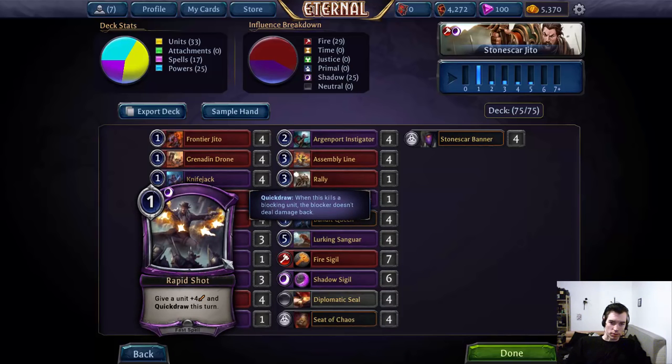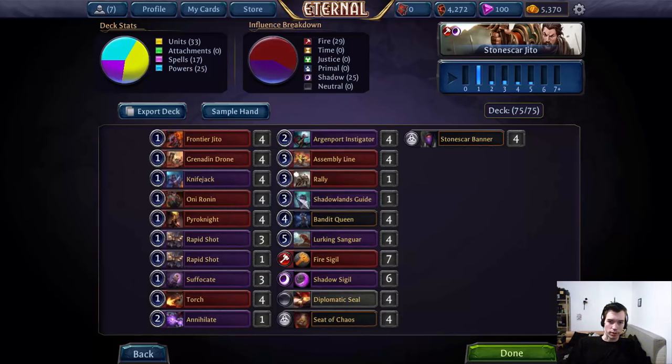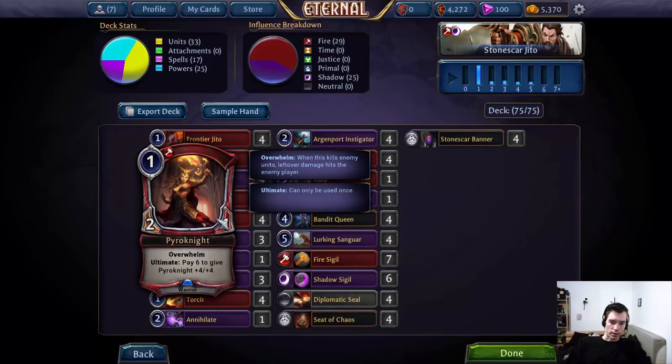Rapid Shot, because if they block it and you Rapid Shot, a lot of the time you waste 2, 3, sometimes even 4 damage. With Pyronite you waste nothing. Everything extra goes to the opponent, which is great in an aggressive deck like this. And if we ever